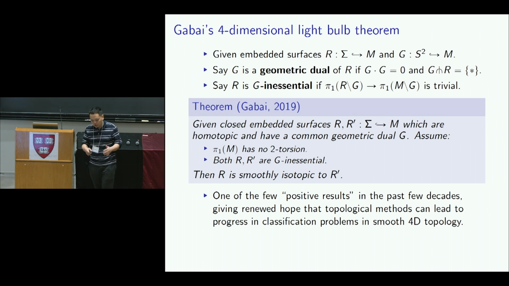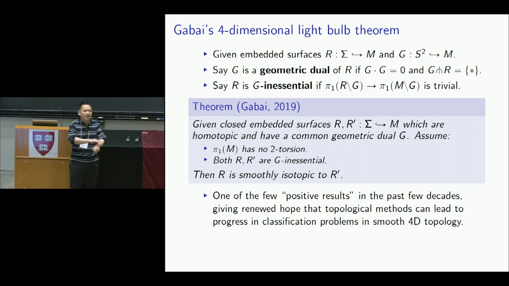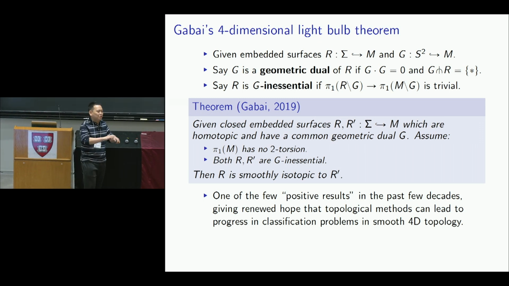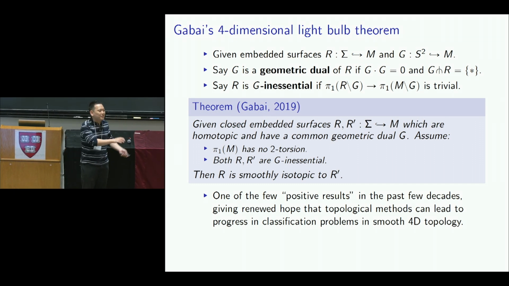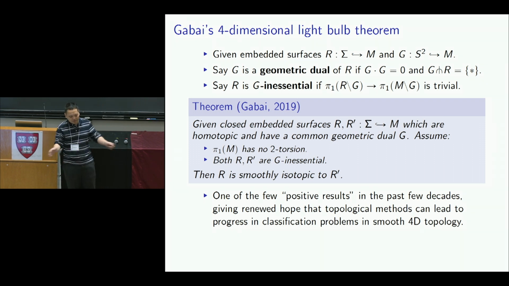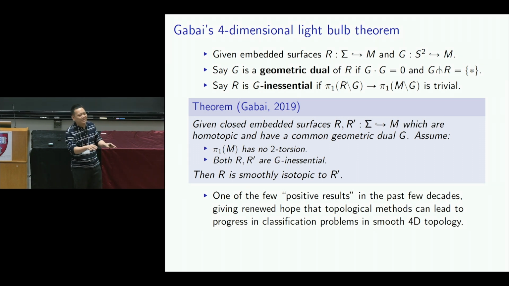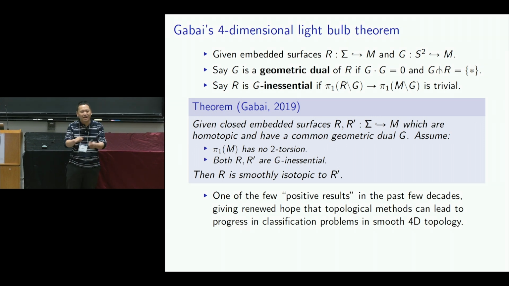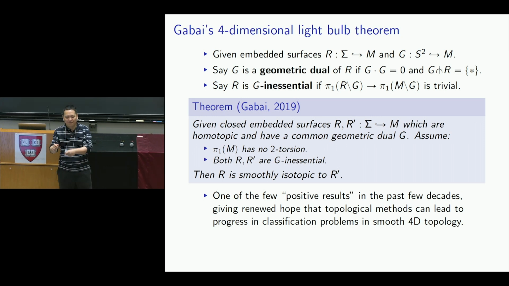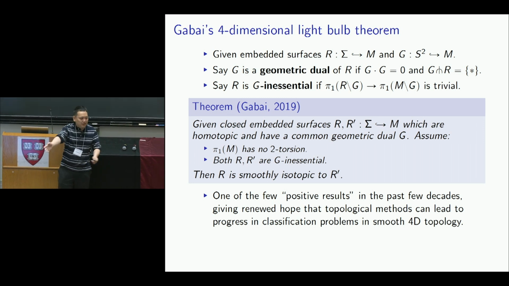In smooth four-dimensional topology, people define all kinds of invariants to prove that two four-manifolds are not diffeomorphic, or let's say two embedded surfaces are not isotopic, by computing different invariants. And for a long time, the only way to show two four-manifolds are diffeomorphic or two surfaces are isotopic was just constructing them directly. You just construct either by handle calculus or by some direct construction. But Gabai's result is a different